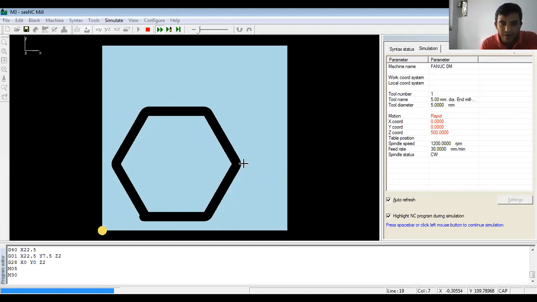Try to write the program in the program editor, and then follow these 5 steps. In the meantime, I'll try the software. If you get any doubts, immediately call me. Whatever I know, I will suggest to you. I'll guide you. Okay.